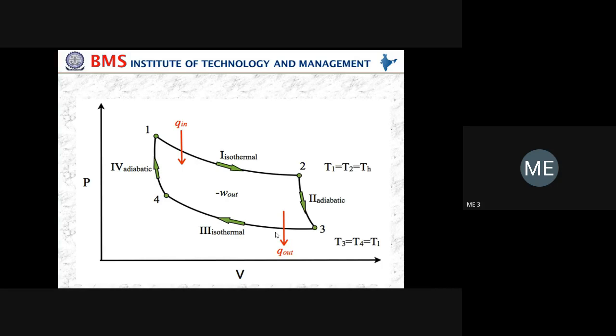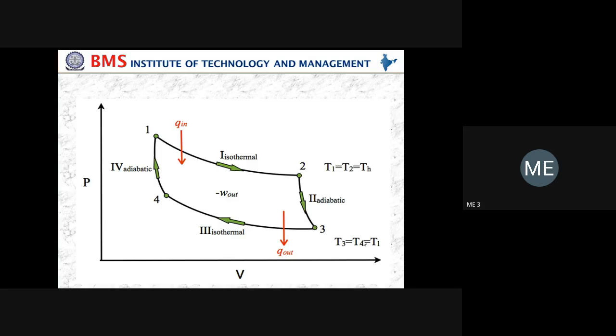Okay, you see, for 1 to 2 and 3 to 4, the engine should run at slow speed, and for 2 to 3 and 4 to 1, the engine should run at a very high speed. In a cyclic process, it is not possible. In a heat engine, it is not possible to change the speed in between. Hence, it is not possible at all. Hence, we are calling it a theoretical cycle or ideal cycle, and it is the one which gives the maximum efficiency and which is used as a reference for other cycles.